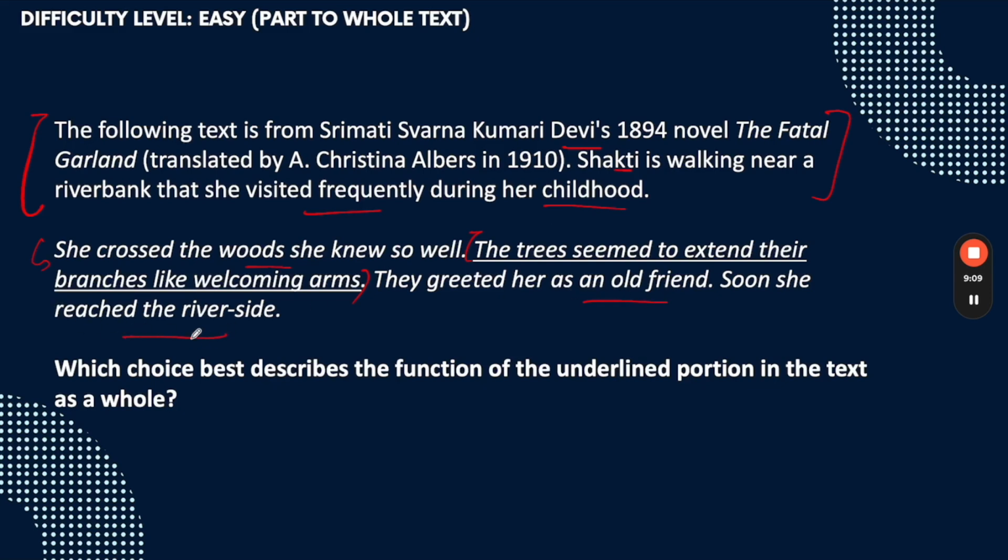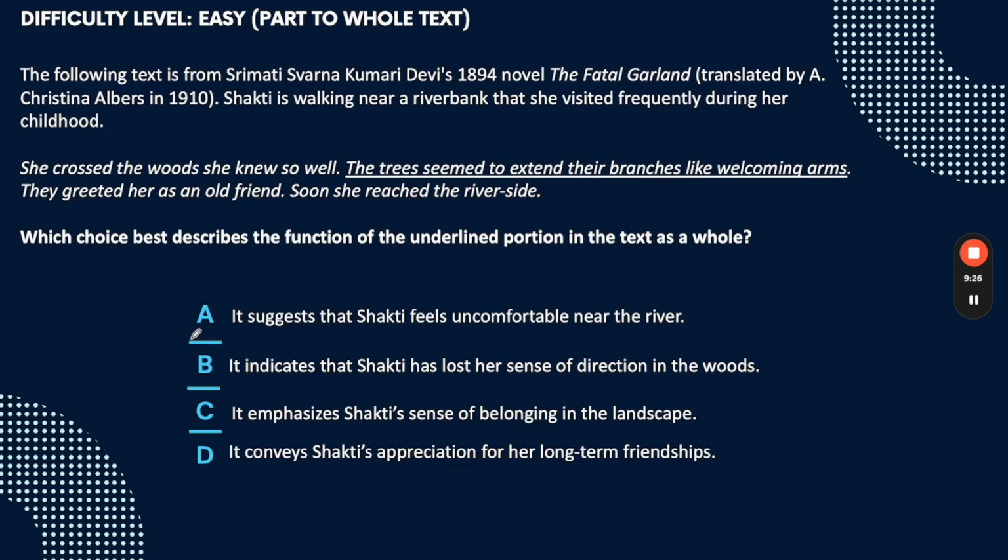So basically, if I have to identify the significance of this underlined sentence, it's simply telling me that Shakti felt very good in that environment. So good that she felt like even the trees are trying to welcome her. Correct? Now let's go ahead and start eliminating our options. It suggests that Shakti feels uncomfortable near the river. Now, if she was feeling nothing but comfortable in that environment,